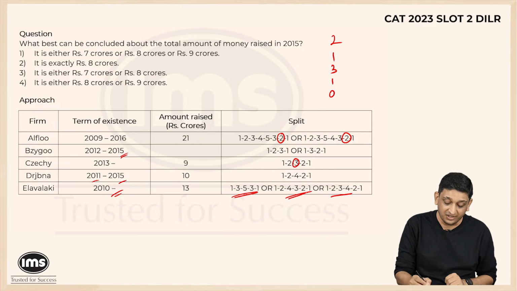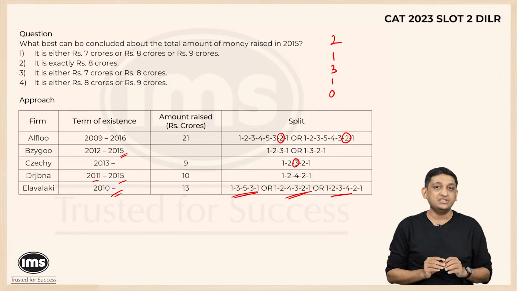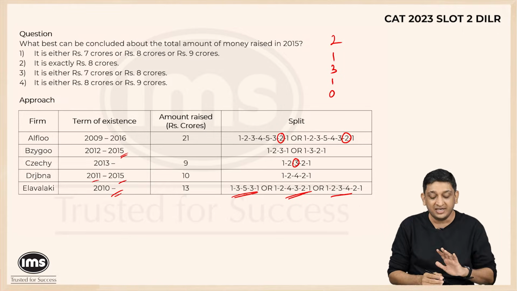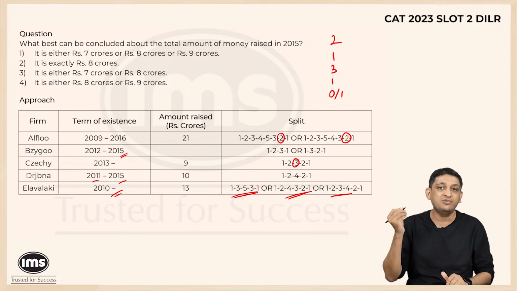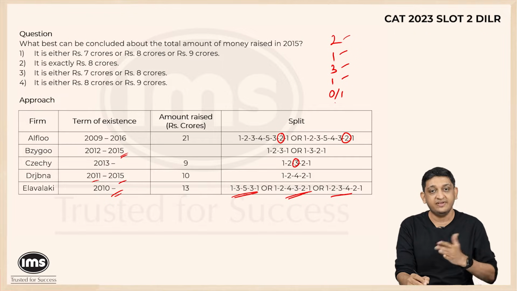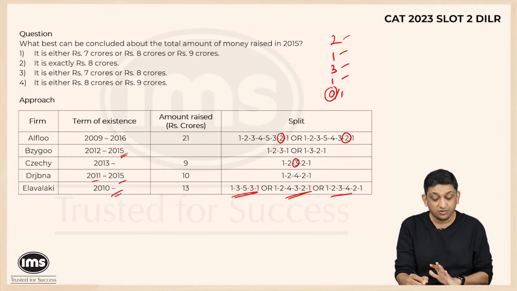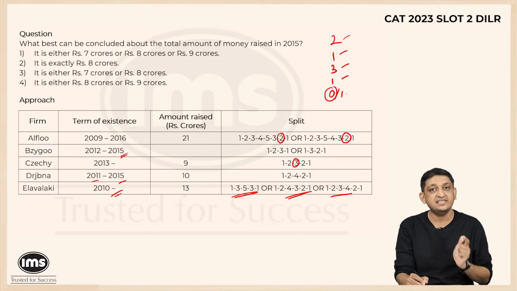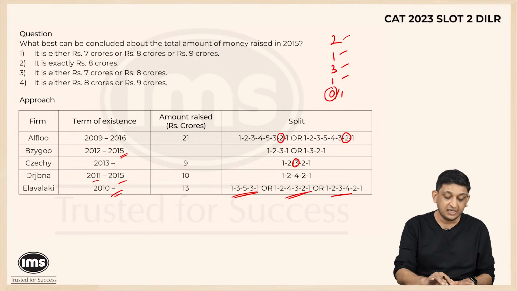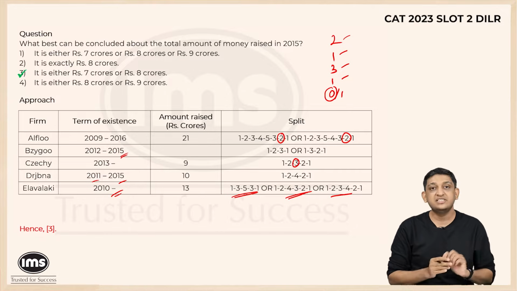But if firm E would have been operational for 6 years, then it would have been in operations till 2015, which meant that in its last year it would have contributed 1 crore. So in other words, the total funding could be either 2 plus 1 plus 3 plus 1, that is 7 crores, plus 0, that is 7 crores, or 7 plus 1, that is 8 crores. So the amount of money raised in 2015 could either be 7 crores or 8 crores,